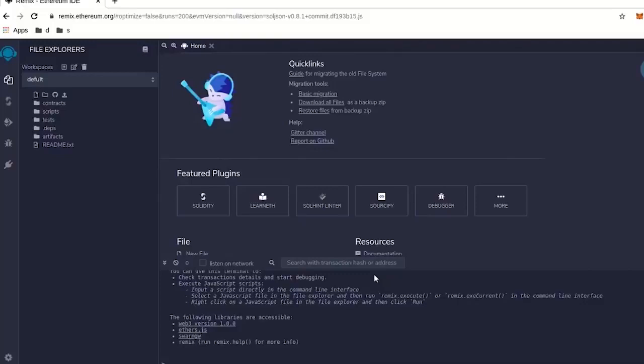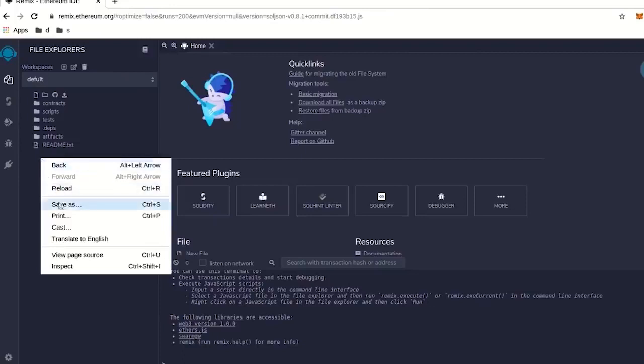Hi, today I'm going to show you how to commence a flash loan on PancakeSwap. The first thing you need to do is go to remix.ethereum.org, which is right here, the URL, and you'll come to this. You're going to go to this little thing here called the File Explorer. Click on that,